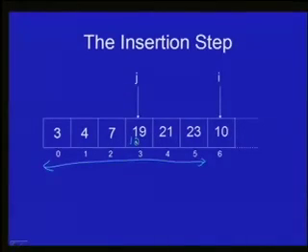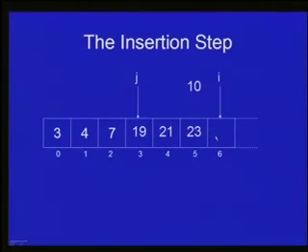Now the way the insertion will happen is, let's move out this 10 and store it in a temporary variable, and then after that shift this element one step to the right, again shift the next element one step to the right, and shift the next element one step to the right, so that now 10 can be safely stored here, because the old value stored here has been shifted here, the value stored here has been shifted here, the value stored here has been shifted here, and so 10 comes here. So that's the insertion step.